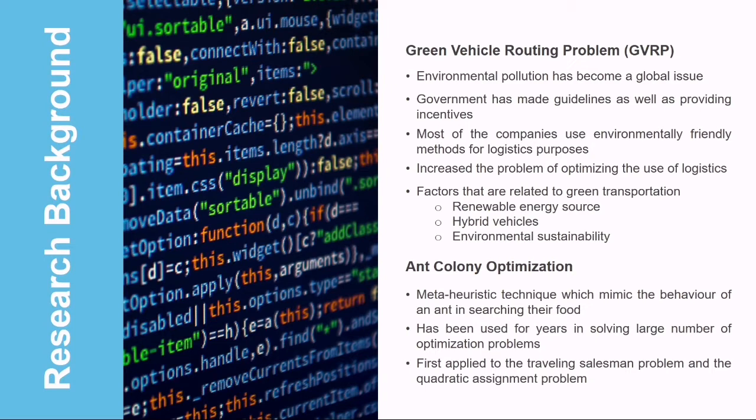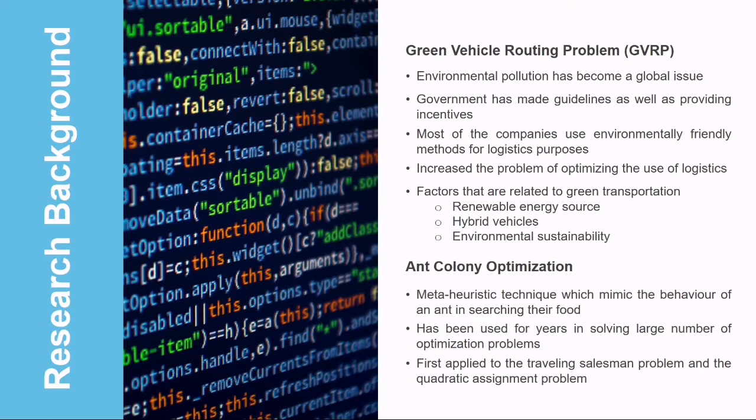There are several considerations related to green transportation, which are renewable energy sources, hybrid vehicle, and environmental sustainability. For the global concern, vehicle routing problem has included the green technology into consideration, which is known as green vehicle routing problem. For this, there are more constraints to be taken care of in VRP, which leads to a more complex optimization problem. There are many options in solving green vehicle routing problems such as genetic algorithm, hybrid evolutionary algorithm, simulated annealing,